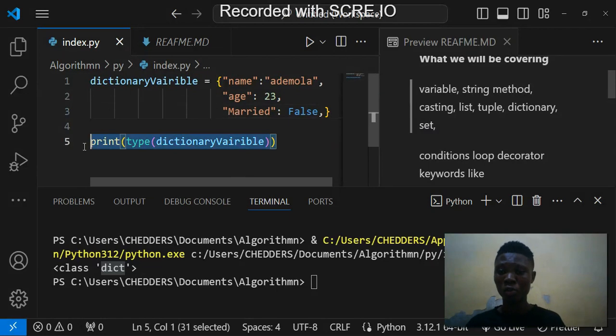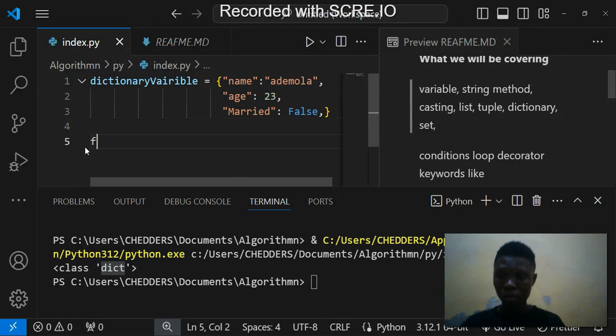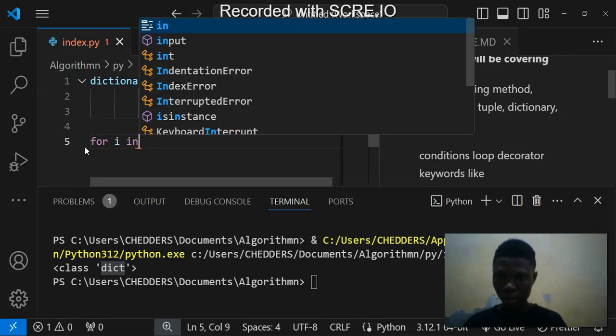So to iterate through it, let's do like this: for i in